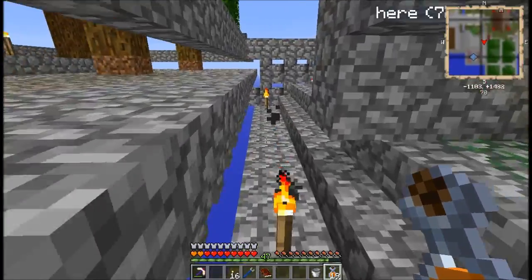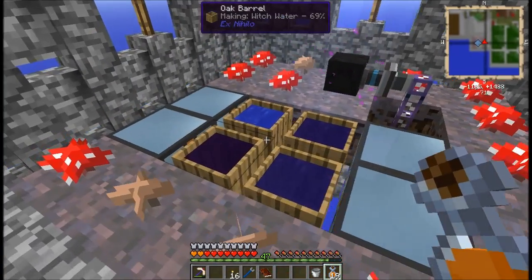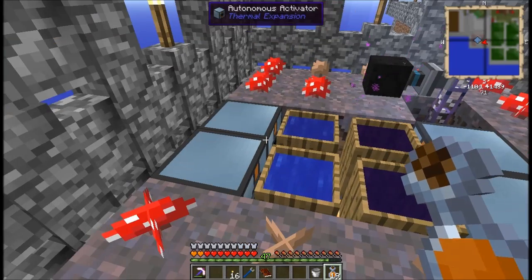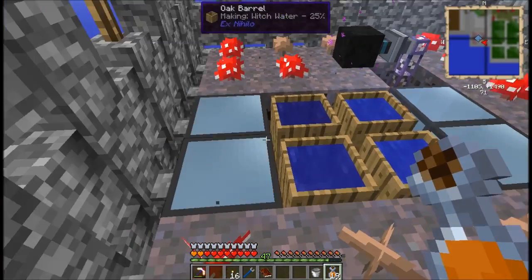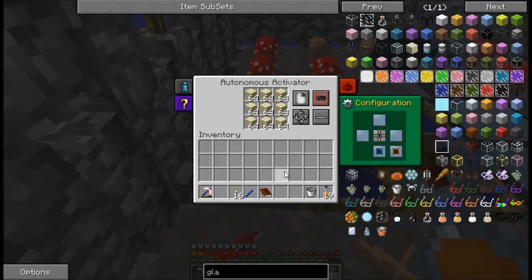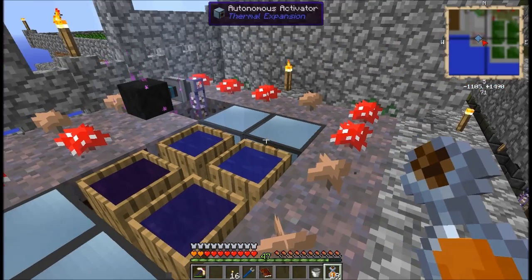Okay, I got this part assembled, and I went ahead and used all 4 of the autonomous activators I already had constructed. Made some more oak barrels, and they are all producing soul sand. I have sand being piped into all 4 of these. Yes, they have a lot of additional sand in them, but that's fine. I can just use the sand later whenever I'm done, or I can keep making soul sand